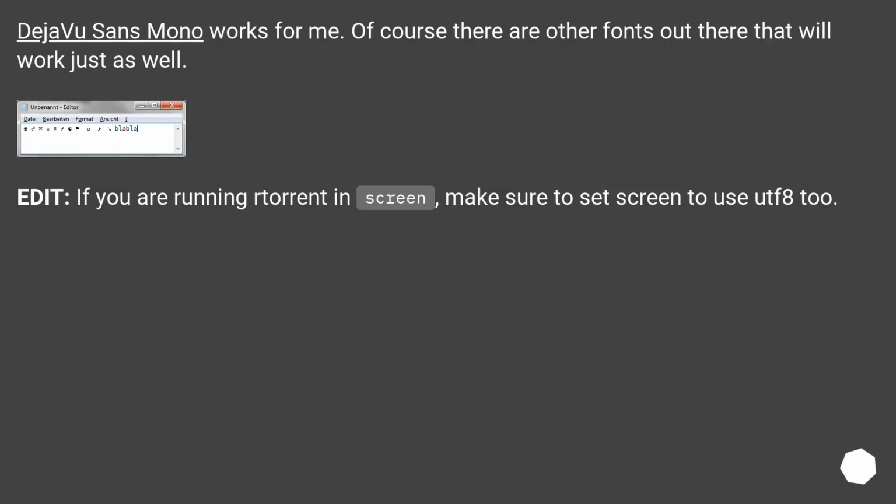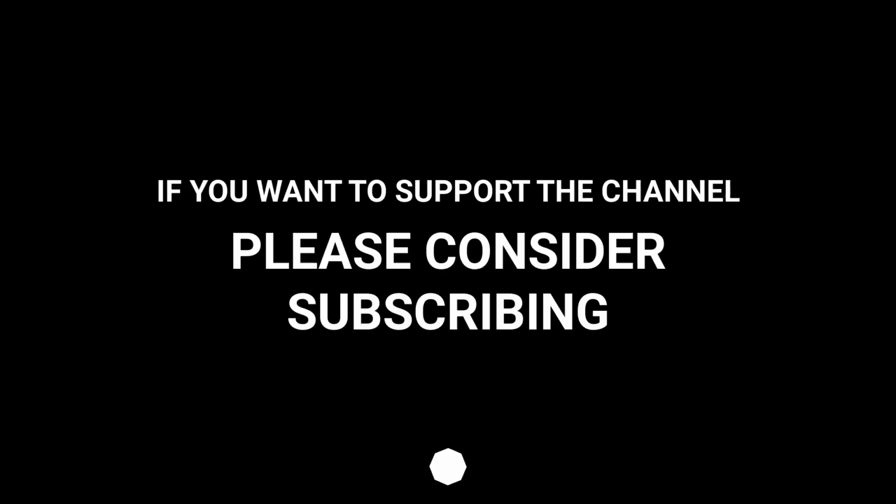Deja Vu Sans Mono works for me. Of course there are other fonts out there that will work just as well. Edit. If you are running rtorrent in screen, make sure to set screen to use UTF-8 too. If you want to